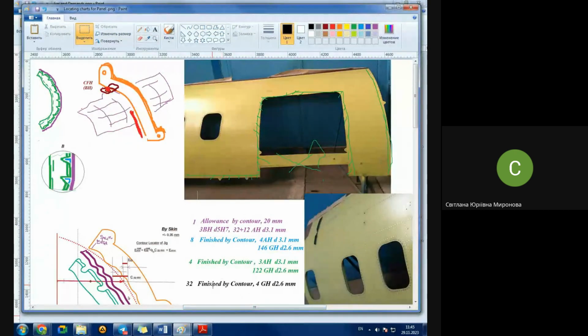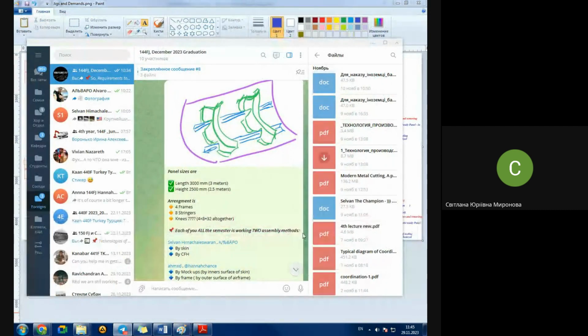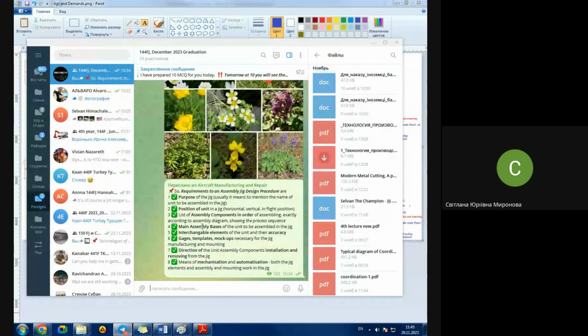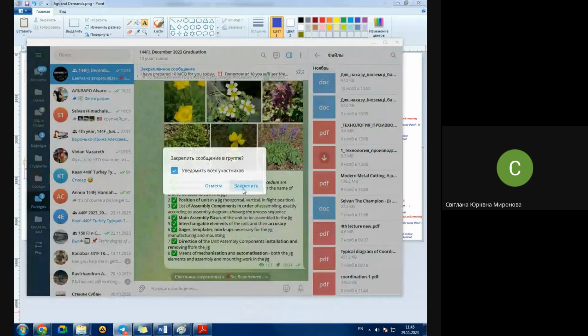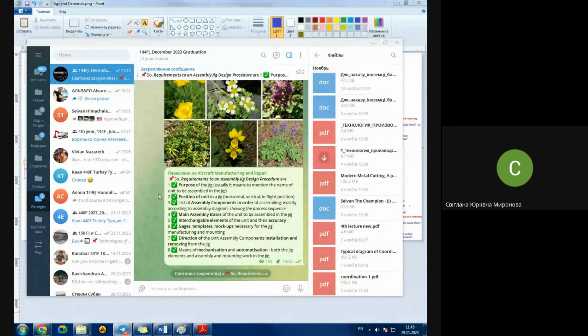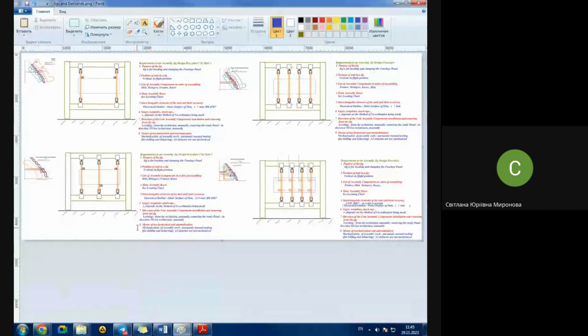Let's fix this one. I need you to work with the particular assembly method that you've been given. Now it appeared because of my mistake